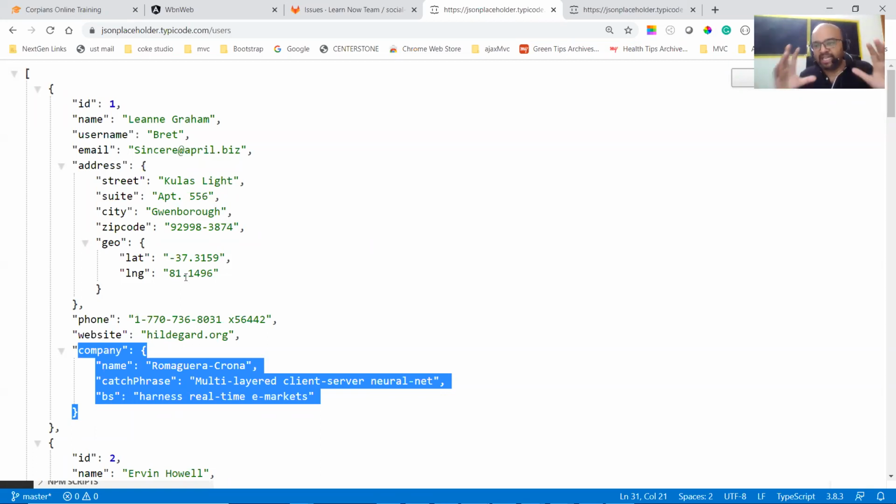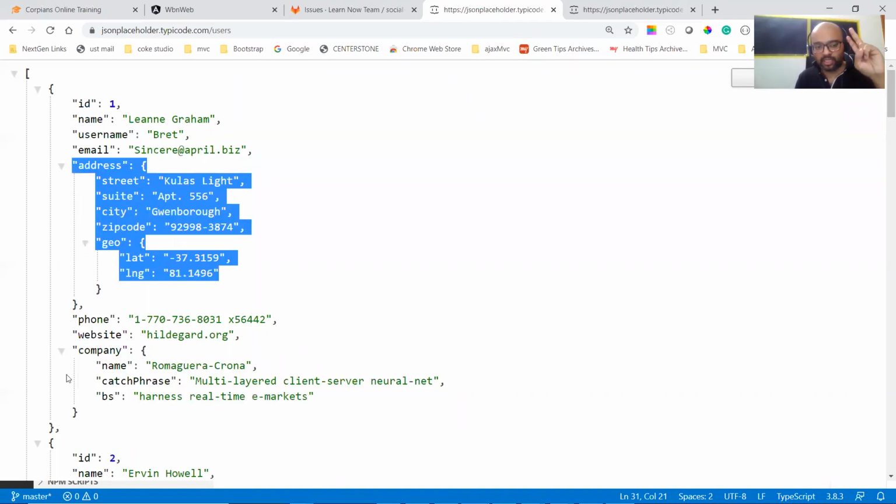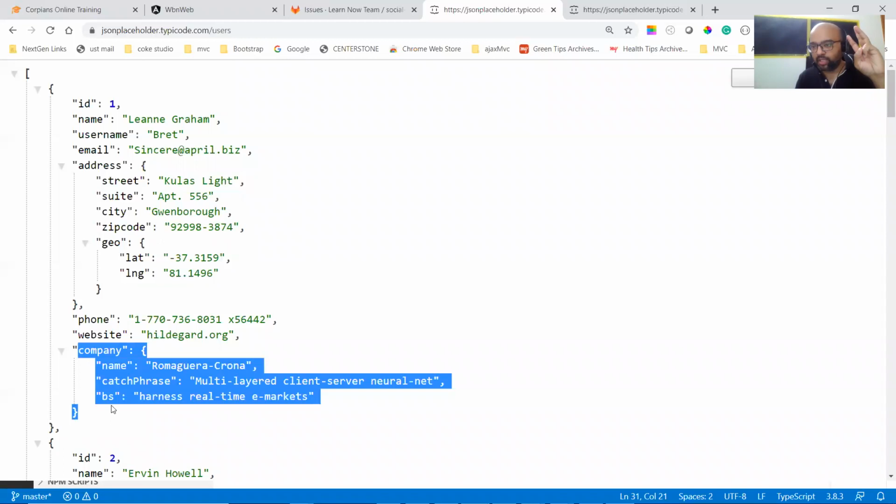If you ask any SQL guy, even your college teacher, and say, ma'am, this is an object, we want to convert it into an RDBMS or SQL table structure, anyone who knows SQL will say one table will be the user table, one will be the user address table, and one will be the user company table. Getting the point? Yes, sir. Even you also agree? You studied SQL? Yes, sir. But in MongoDB, it doesn't happen like this.